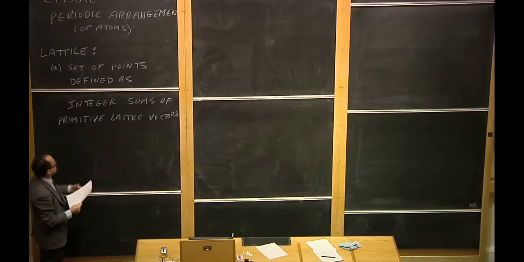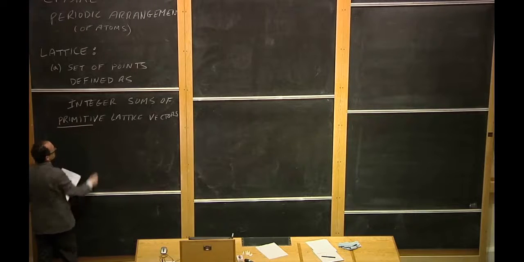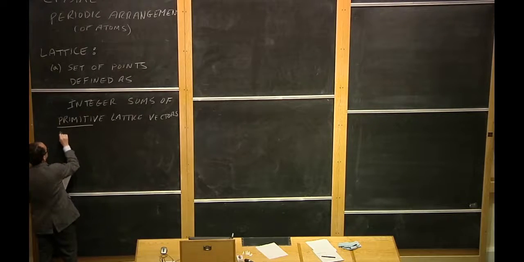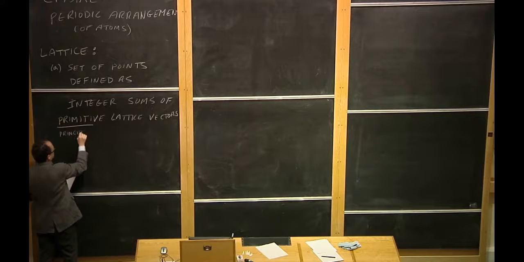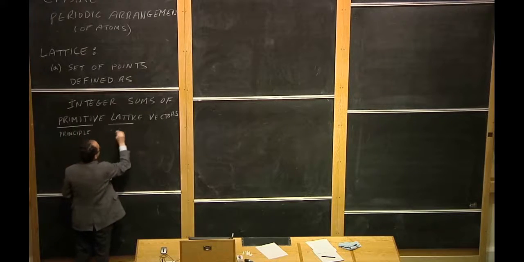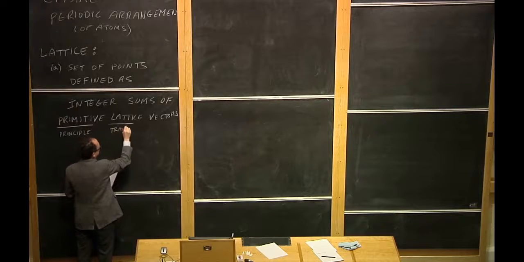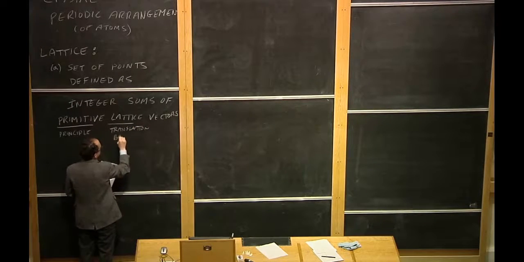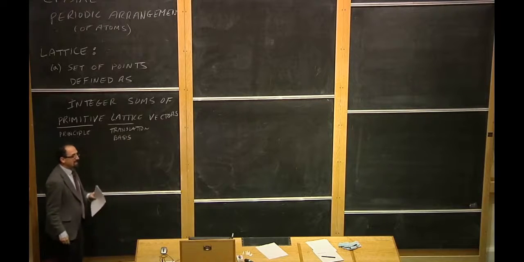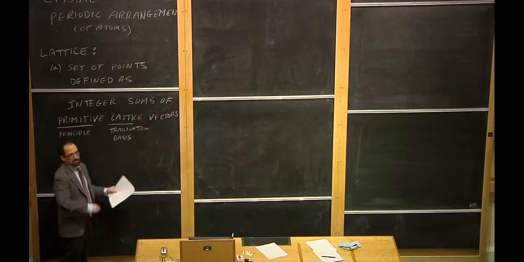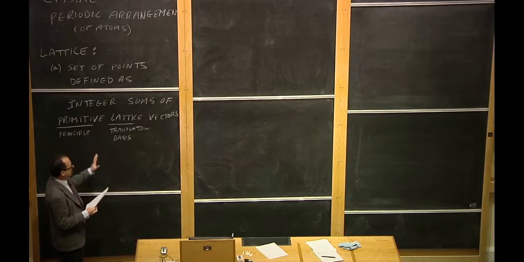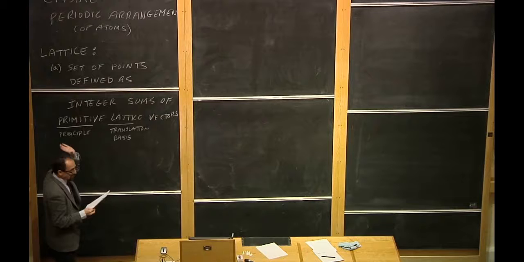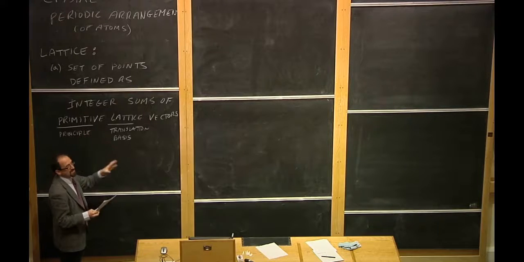there's a word that people disagree on. Primitive, sometimes people drop the word altogether and they don't say it. Sometimes it's principal. Lattice is sometimes replaced by translation, and it's sometimes replaced by the word basis. That's particularly inconvenient because we use the word basis for something completely different, so that makes a real mess. Vectors is always vector. And the other thing is that some books will call lattice Bravais lattice instead of lattice,